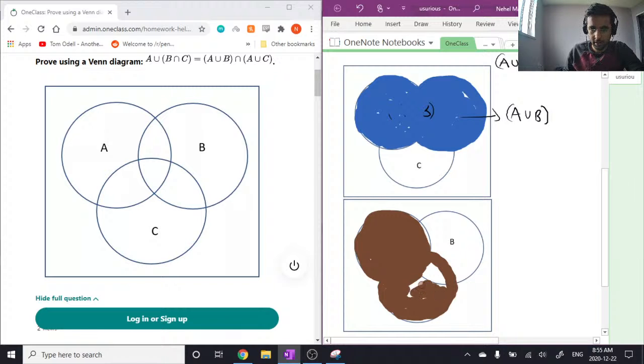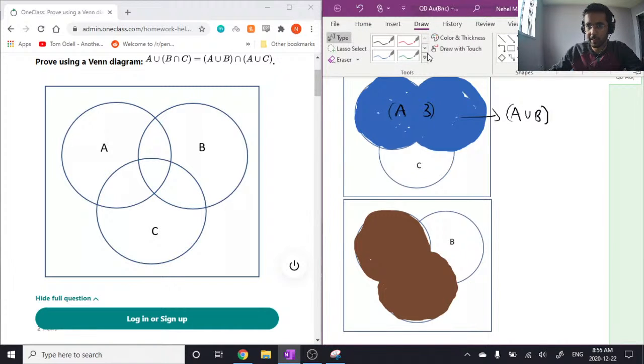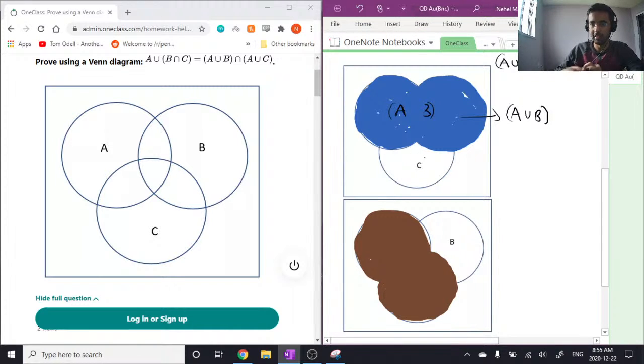Okay, so that's the final result from this other operation in the bracket. So now that we have done both the operations, we can do the final operation and identify what the answer on the right hand side is going to be. So this is equal to A union C. Now if I'm looking at these two and I need to take the intersection of them, I